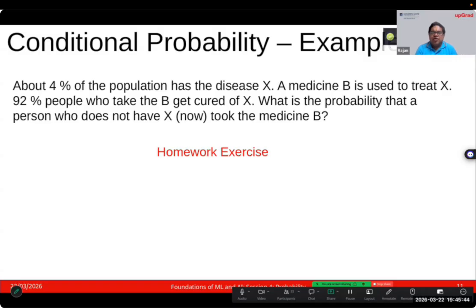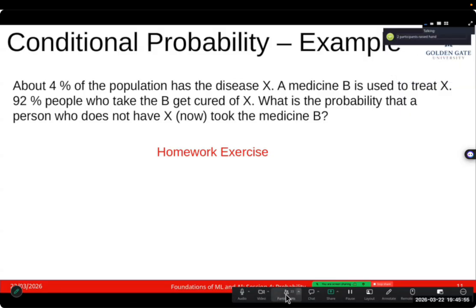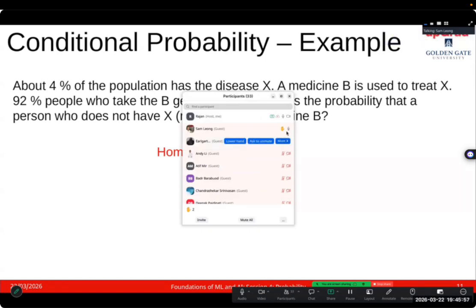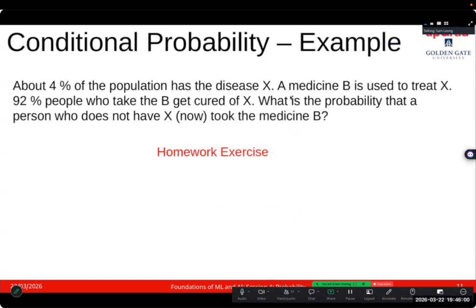Okay, so of the people, yes, Sam Leong, please go ahead. Sam, if you are on mute, please unmute yourself and speak. All right. So can I rephrase this question like, what is the probability that a healthy person took the medicine? Yes, that's another question we can ask. Is it equivalent to this question? No, it's not necessarily equivalent, because